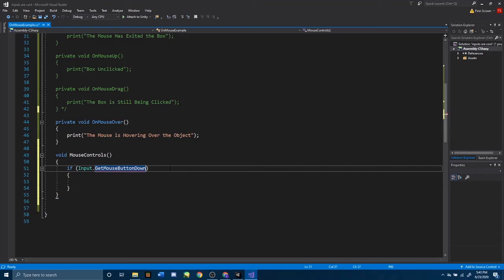Input.getMouseButtonDown, and then this is a function, so you want to add another set of parentheses, and inside of those parentheses it is expecting the ID of the mouse button you are trying to detect. For the left mouse button, we want to press 0. Notice how that red squiggly line goes away. And this basically means if we receive input from the player pressing the left click on their mouse,